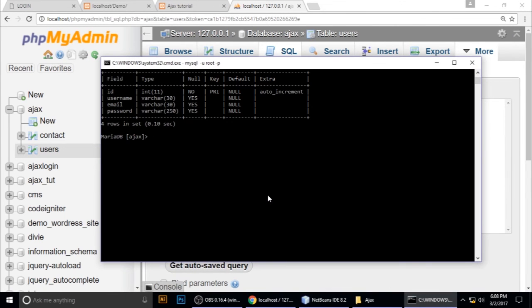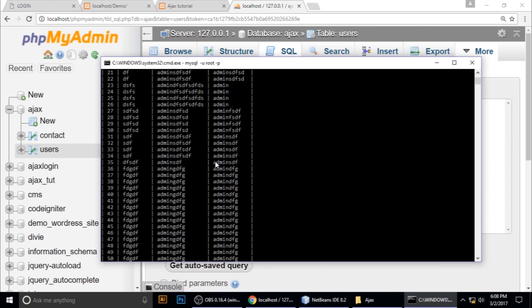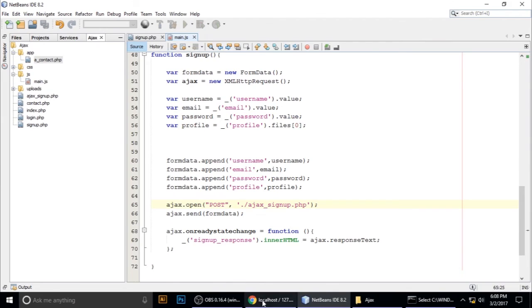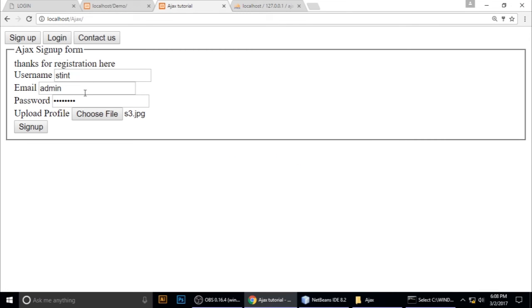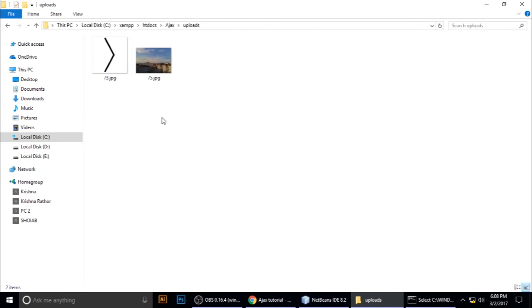So now we check our database. So just select all from users. Our table is the users table, and hit enter. So now we have created lots of records for testing purposes. So this is stint, admin, and the password is password. We created this data previously. To check whether these files are uploaded or not, just go to our project folder and open it, and you can see these files we have uploaded here